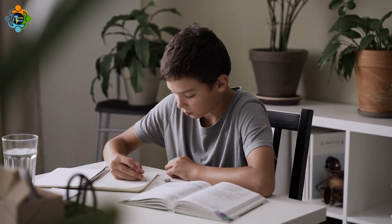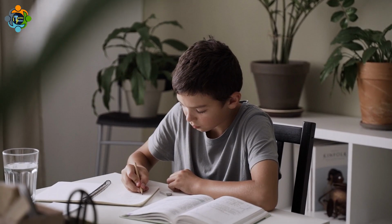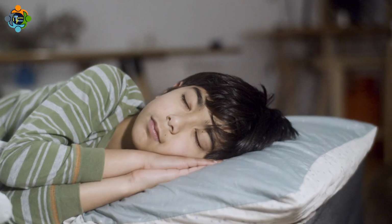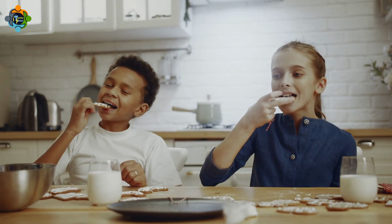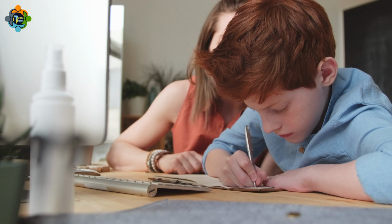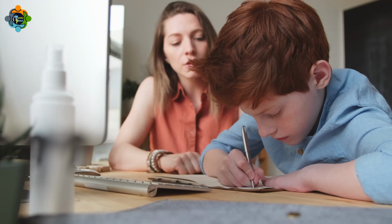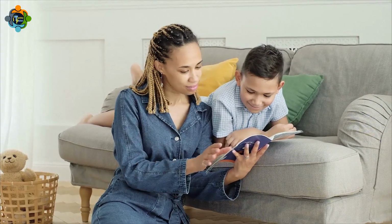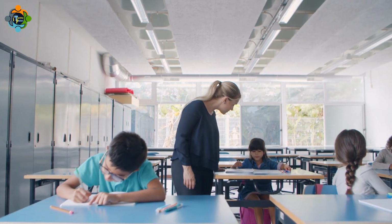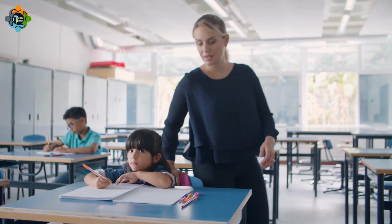One way to support them is by creating a calm and conducive study environment at home. Encouraging healthy study habits such as regular breaks, adequate sleep, and balanced meals can help alleviate test anxiety. Additionally, parents can work with their children to develop effective study strategies and coping mechanisms, such as relaxation techniques and positive self-talk. Teachers can also play a significant role in supporting students with test anxiety, providing clear expectations and feedback,